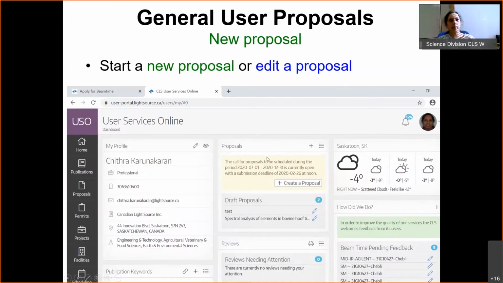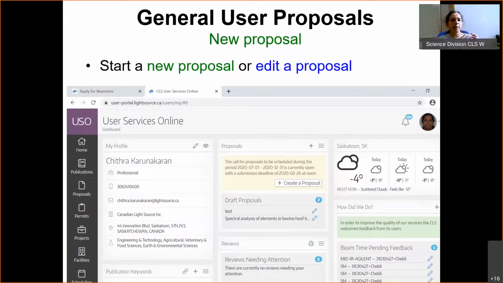This is where you can create a new proposal, or you can draft a proposal, and it keeps on saving until the last day to review and resubmit. Those drafts in review will be here, and once it's approved and you got beam time, it will be here. There is also some information on the Saskatoon weather here, because sometimes in winter Saskatoon is pretty hard, -40.